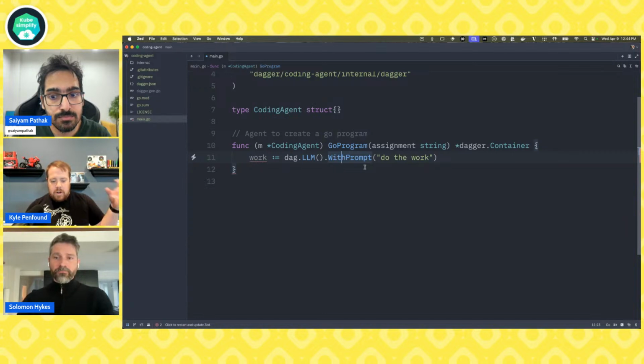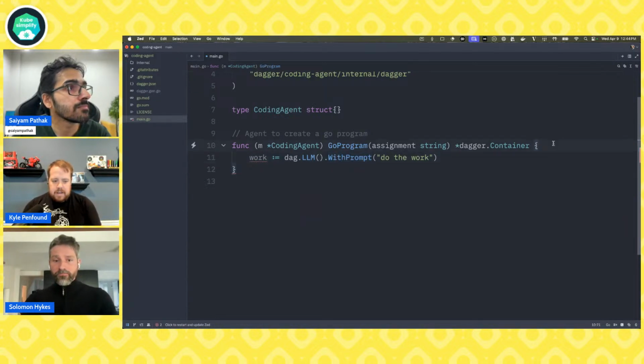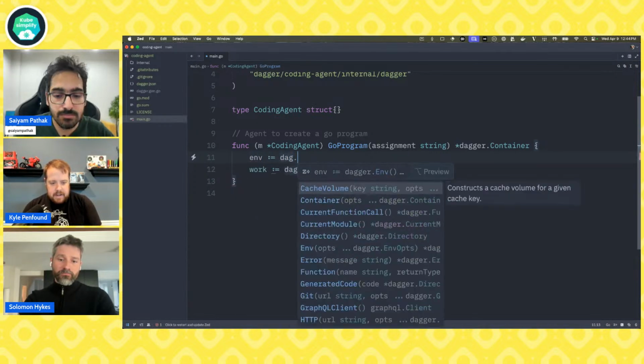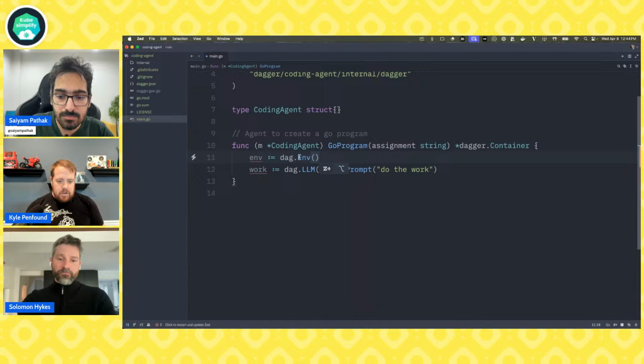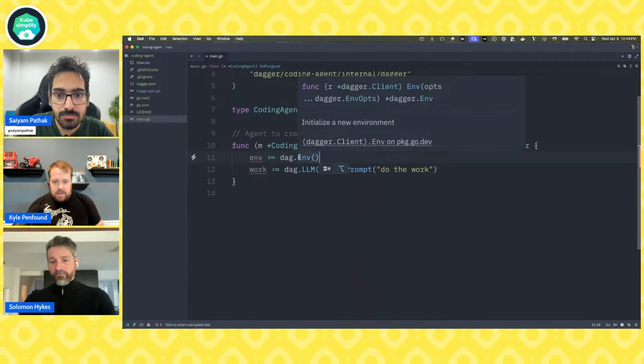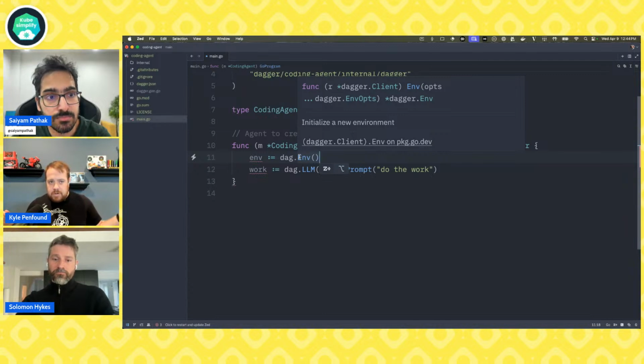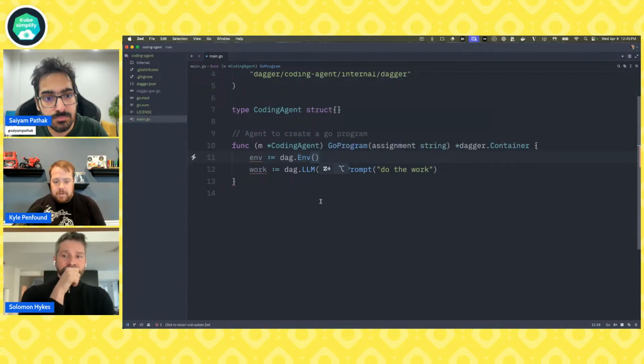We want to start working on that environment part. So another type in Dagger is an environment. We can say dag.env. And so I get these type hints that say, okay, this is an environment, and my environment is not just going to find the tools, but more specifically the inputs and the outputs for our LLM. So we're going to give it a bunch of these things, and we're also going to ask it to give us back a bunch of things. For example, I could say